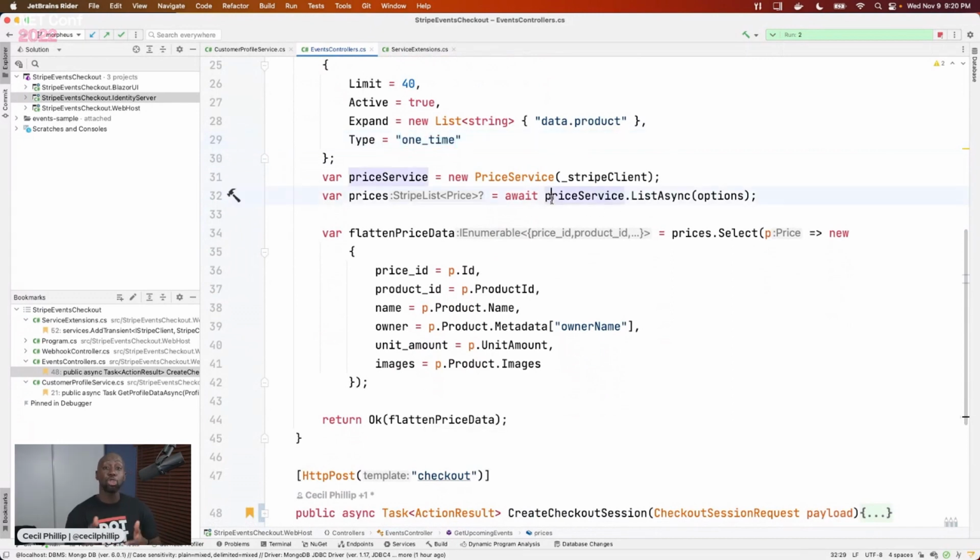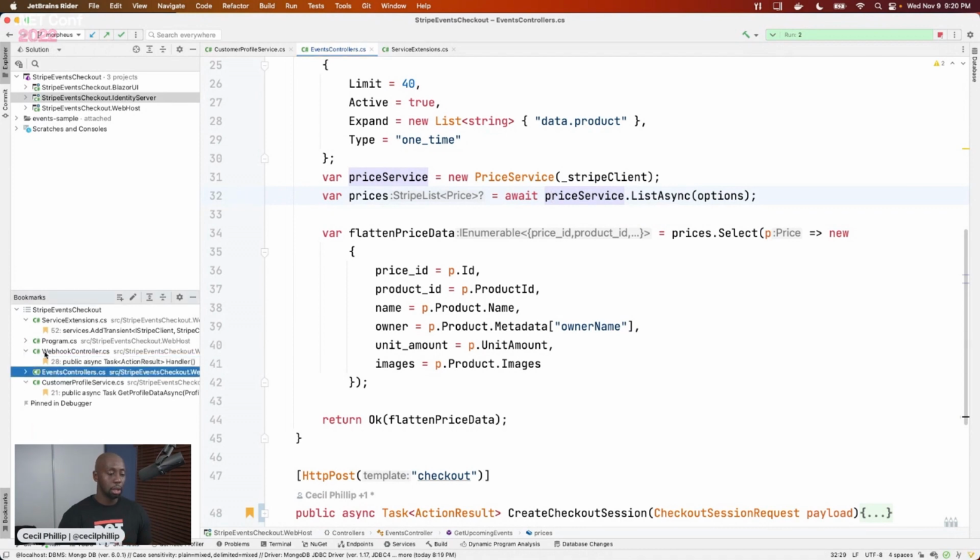But as you can see, the Stripe APIs are a very small part of the entire application. I could have created interfaces and all that kind of stuff for them, but there's really no need to. You're talking about a very small handful of endpoints that we're actually calling. Okay. Now, another important thing to know.